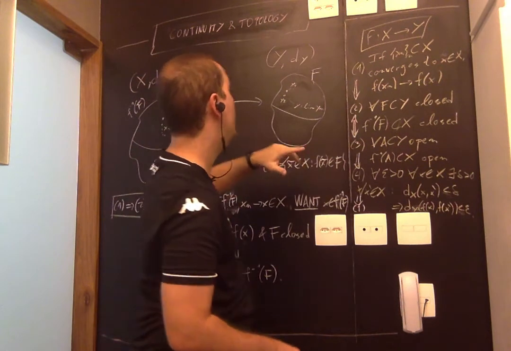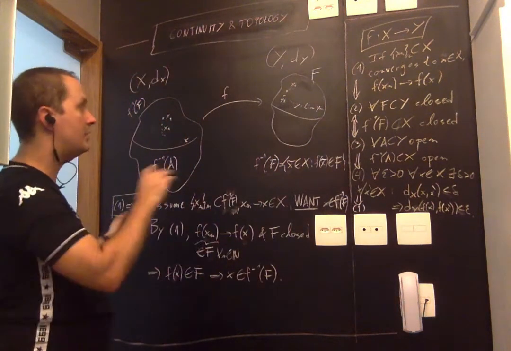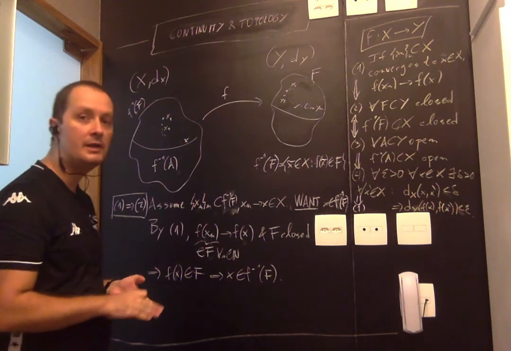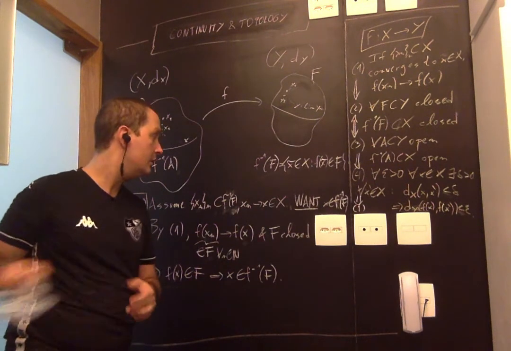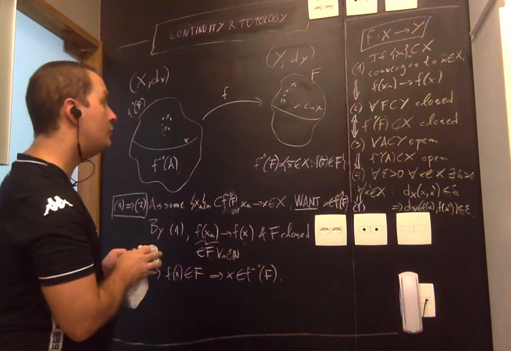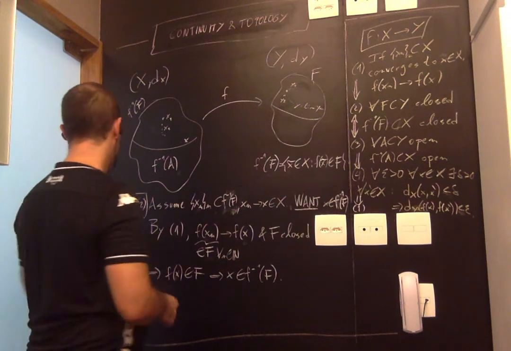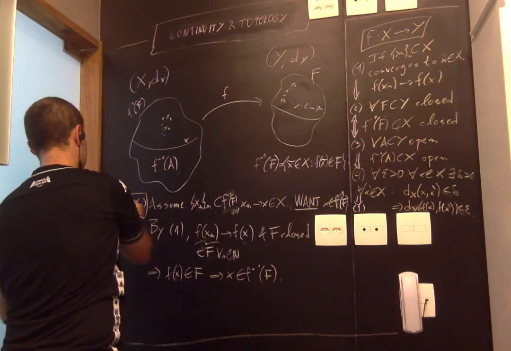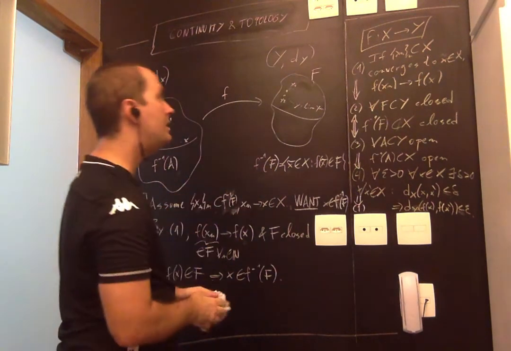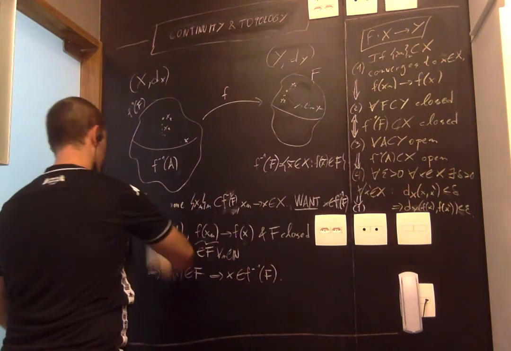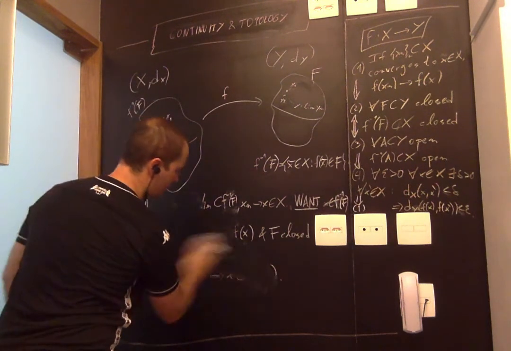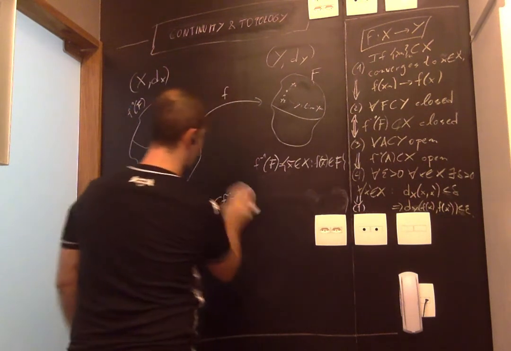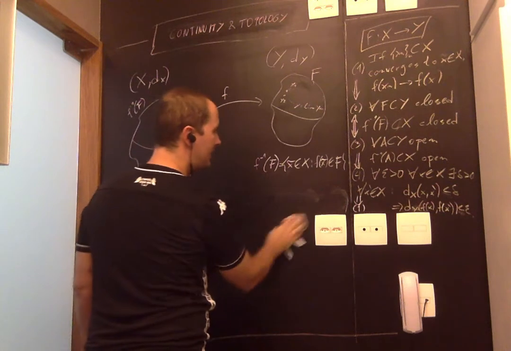I've already noted that 2 and 3 are equivalent just because of these issues of taking complements and so on, right? That's the usual set theoretic work that we've been doing. Now, I want to prove that 3 implies 4. There are many ways to prove that these things are equivalent, but in some sense I think what I'm going to show you is really the simplest possible way.